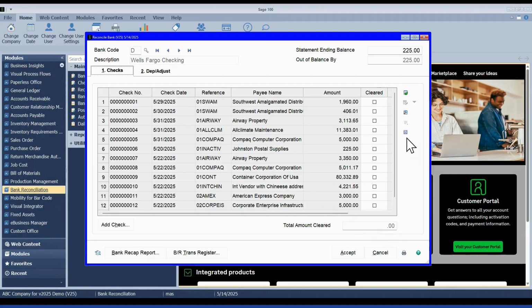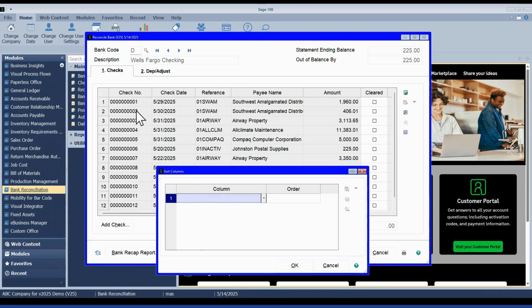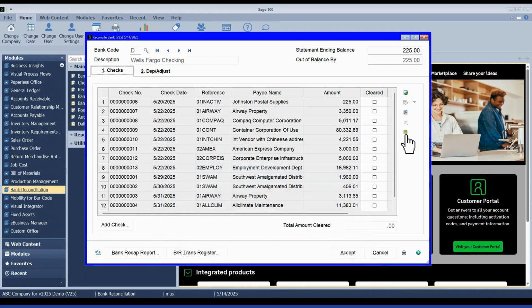And they've also added a change to functionality for these sort columns. By default, this checks tab sorts by check number, but one user may prefer to look at it by check date, and have edited that. In prior versions, once I closed the screen and came back in, it always went back to its default.